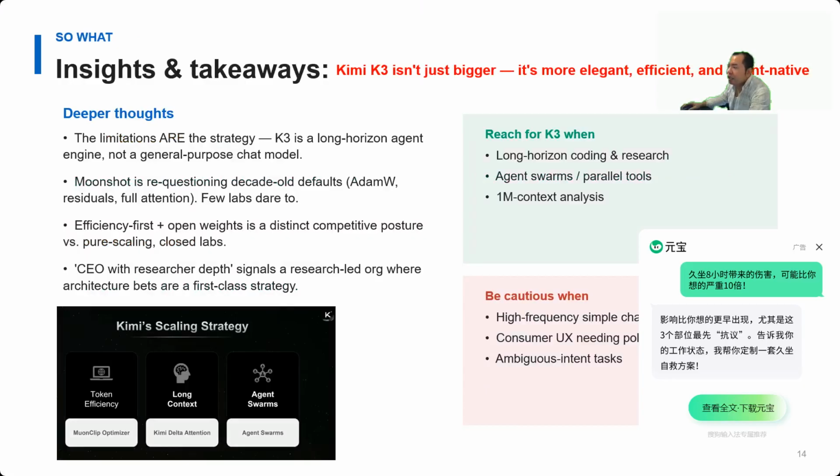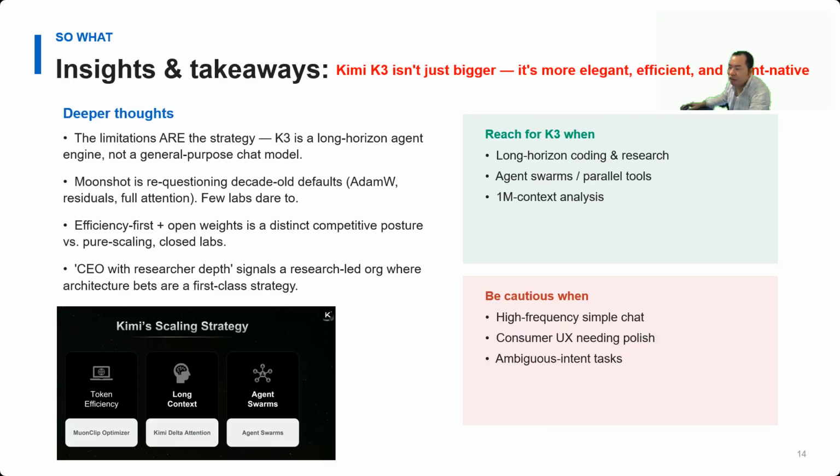And then finally, let me wrap up today's video with some insights that I actually want you to take home. I think the biggest one is that the limitations are not accidents. They are because of the training and design strategies and choices. Kimi K3 was optimized to be a powerful, long-horizon agent engine and not a do-everything chat model. So once you see it that way, the proactive behavior and the thinking history dependency stop looking like flaws and start looking like the costs of a very deliberate design choice.